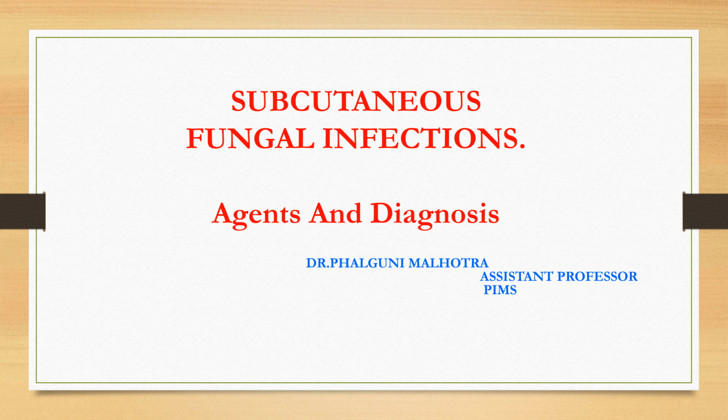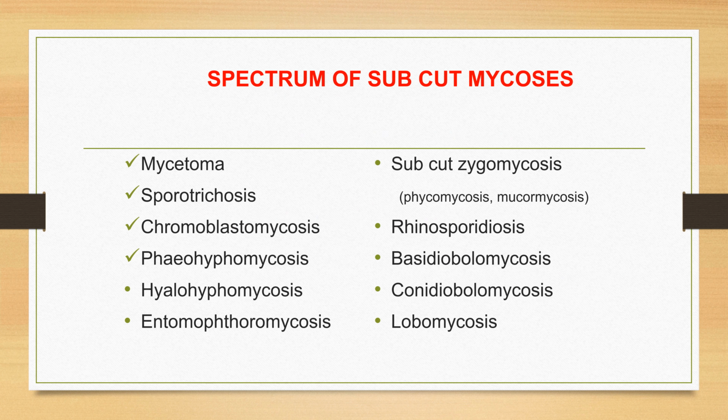So now we are going to discuss subcutaneous fungal infections, their agents and diagnosis. Basically, it includes the spectrum of subcutaneous mycosis. It includes many diseases. For example, mycetoma, sporotrichosis, chromoblastomycosis, pheohyphomycosis, hyphomycosis,